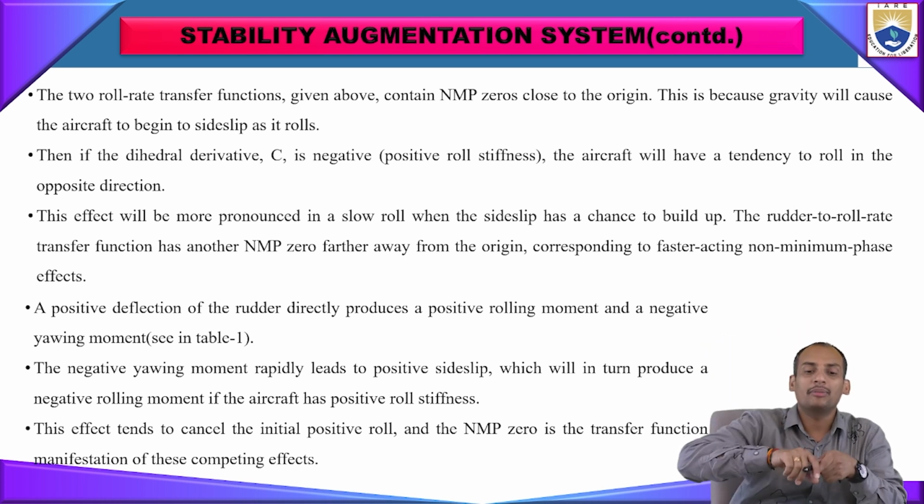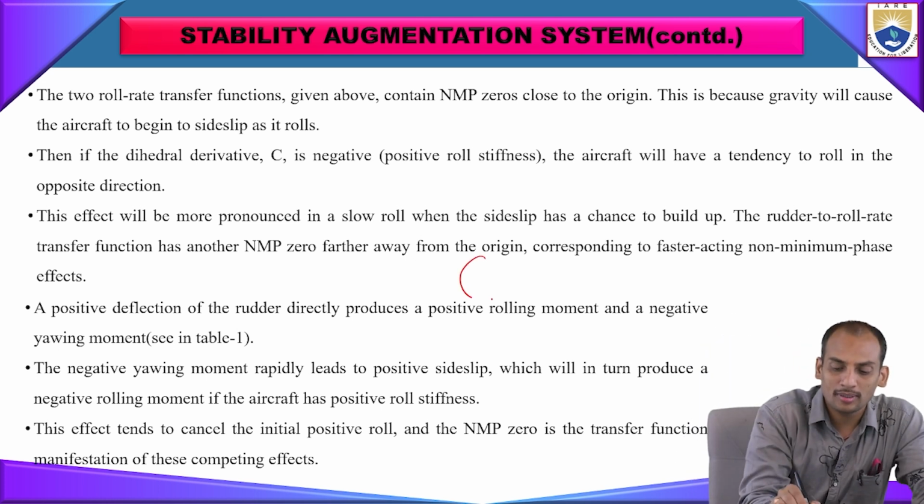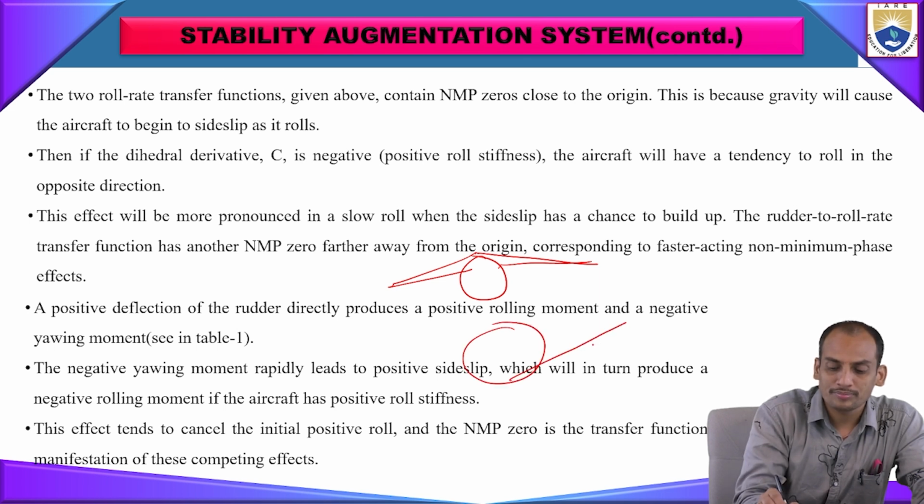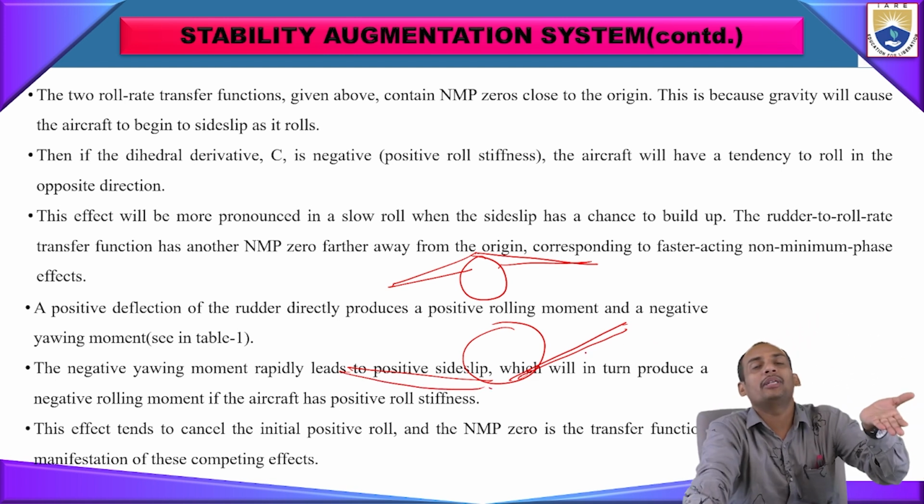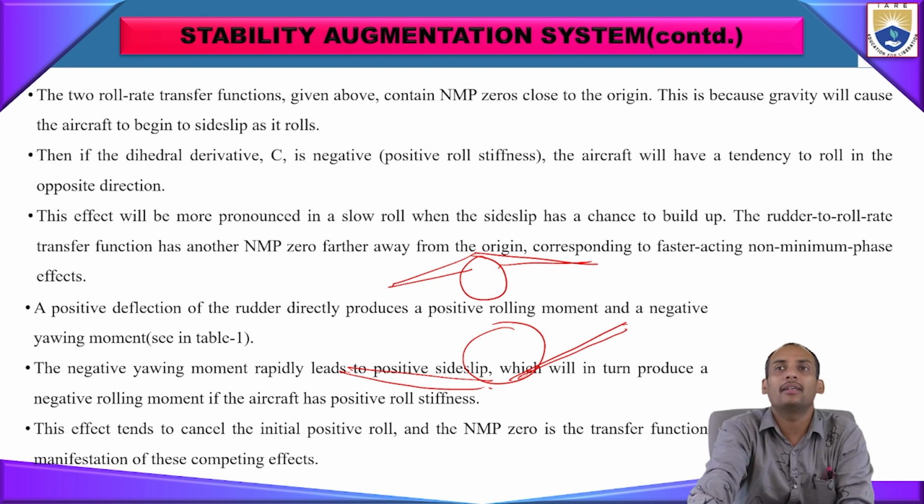So this is a positive condition. If it is like that, then this will be a positive condition, and if it is a negative one, then the roll rate will be negative, and only the negative roll rate we will get. This effect will be more pronounced at a slow roll rate, when sideslip has a chance to build